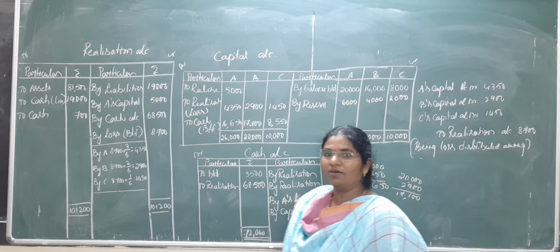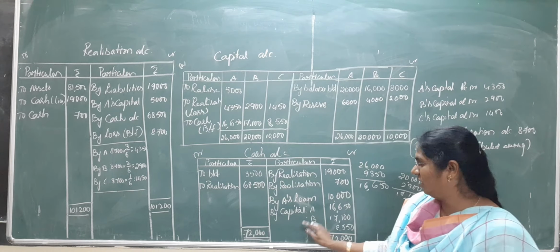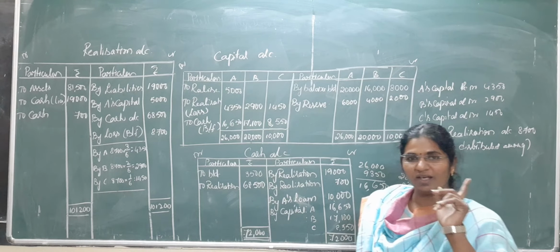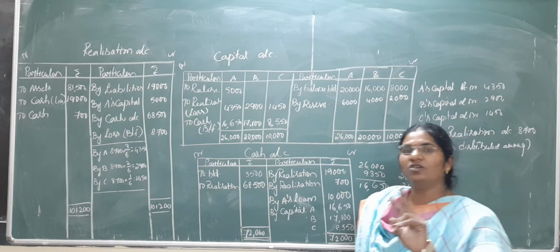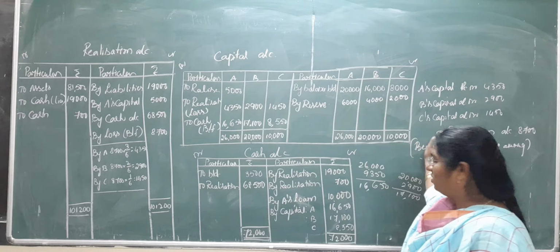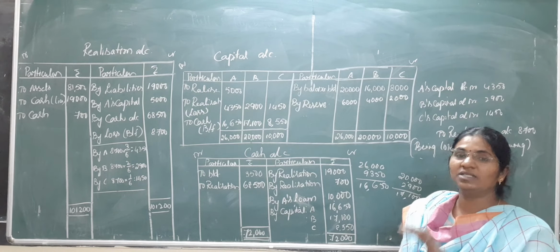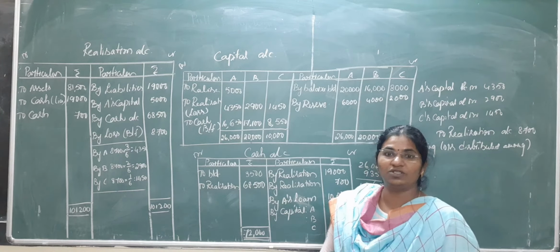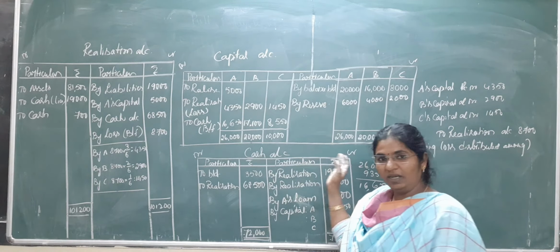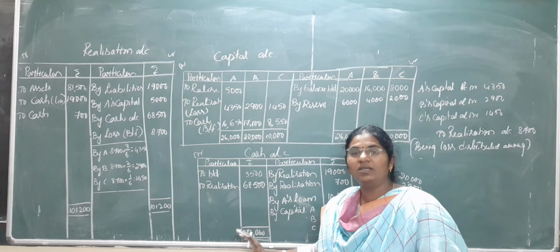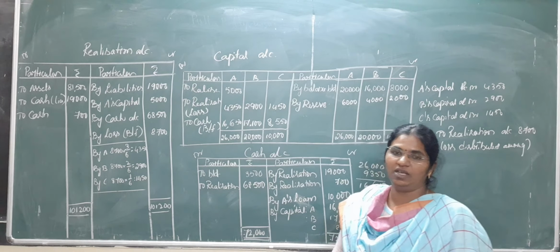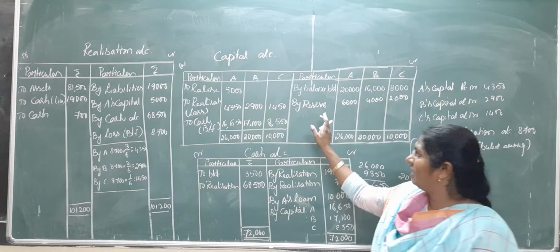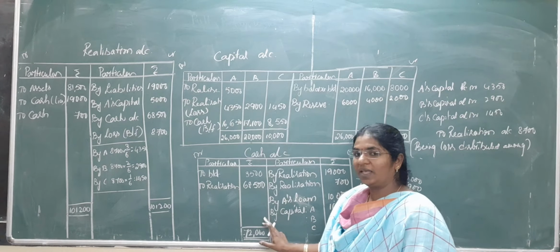Now, once we have closed the cash account, we have to write a journal entry, because I mentioned earlier also that 2 more journal entries we have to write, and already 1 journal entry is on the board. Students, leave a space when you are writing journal entries, because we have to write closing journal entries. 1 journal entry was over. Now we have to write the last journal entry after preparation of the capital accounts and cash account.